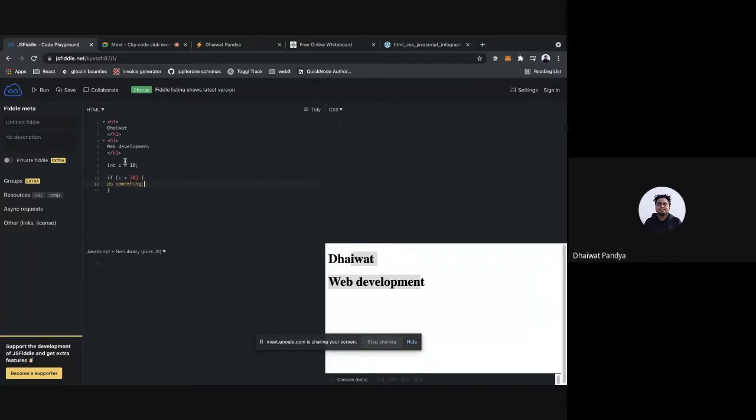So HTML is this first step. You are just declaring things. You are not doing anything with it. You are not trying to run any processes on it. You are just telling the browser that this is what I want.